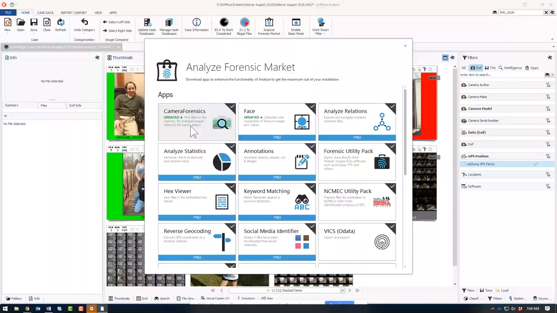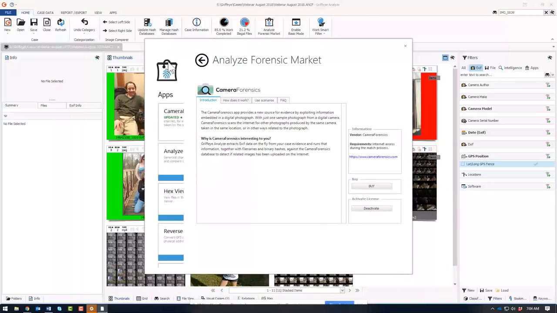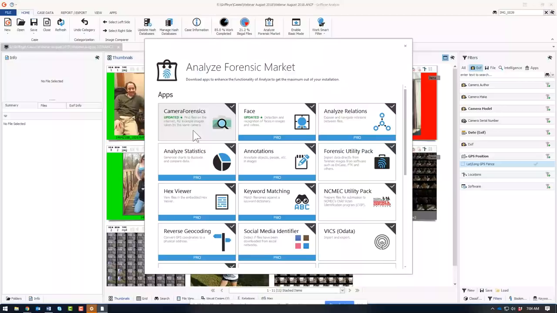Camera forensics: I noticed a lot of people that signed up are with ICE or DHS. So HSI, excuse me. If you have an ice.dhs.gov email or dhs.ice.gov, I don't remember, you have a site license for camera forensics, and it is not required to have DI Pro to have camera forensics. If you have your own license, you can buy it externally, but you can turn on the camera forensics plugin in Core if you have a separate license from them. If you buy Analyze DI Pro, it comes with camera forensics, so there's no need for any additional cost.